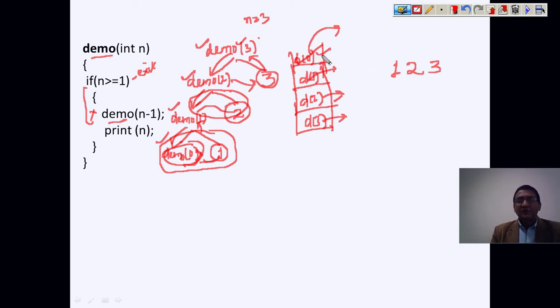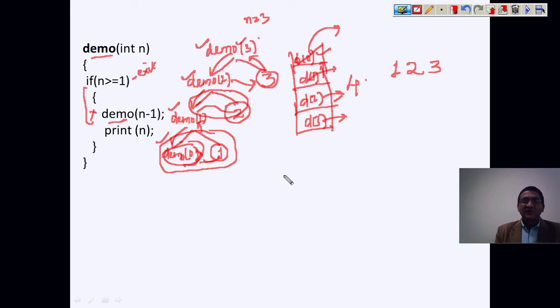Now what we observed here, and the purpose of doing all this, is that we need to identify the size of the stack. The purpose here is to demonstrate the size of the stack, because to find out the space requirement of any recursive program, you need to find out the size of the stack. So in this case, our stack size is 4. We have actually noticed that if you try it for input 2 or input 5 or input 7, whatever the size you are passing, you need a stack size one more than the input size.